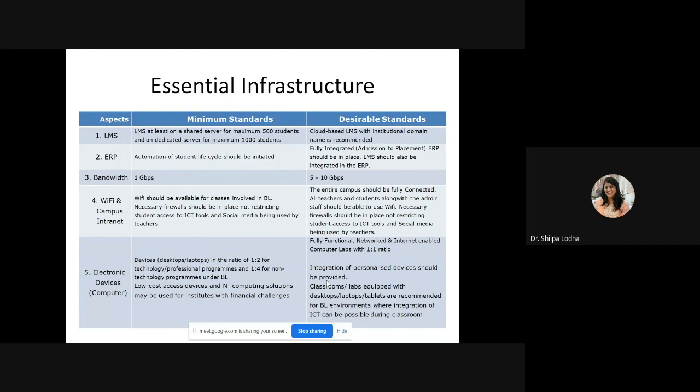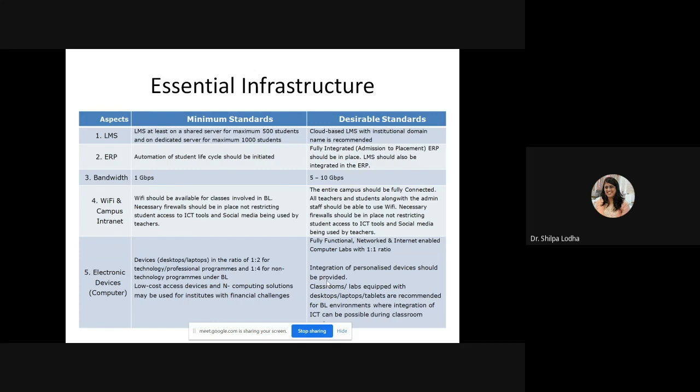If we talk about bandwidth, it suggests that the minimum is 1 Gbps and the maximum is 5 to 10 Gbps. Actually, bandwidth is a critical issue, because fast, robust, and reliable broadband is always needed, not just for on-site students and teachers at schools or university campuses, but for off-site faculty and students also, so that they can fully and successfully participate in online learning experiences, and in the more basic practices of universities or colleges, like accessing information, communication or assessments.